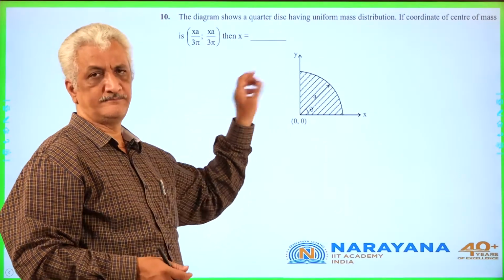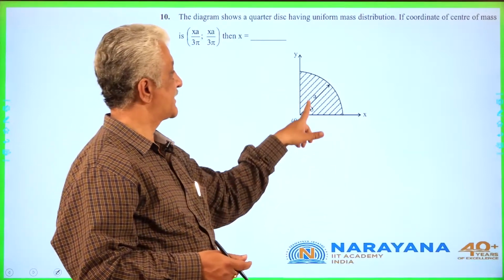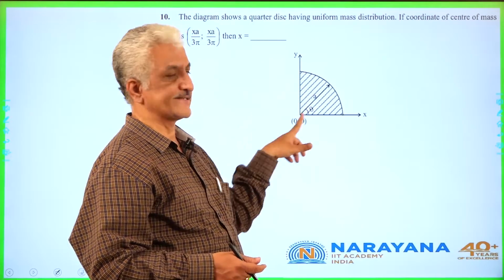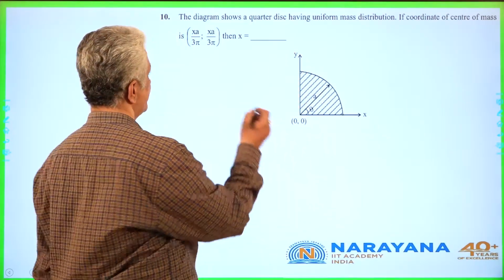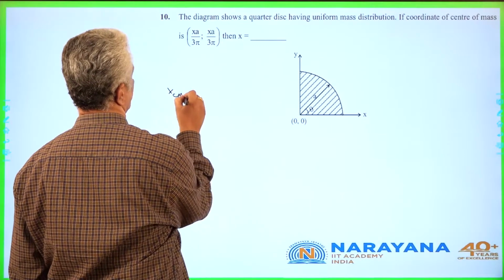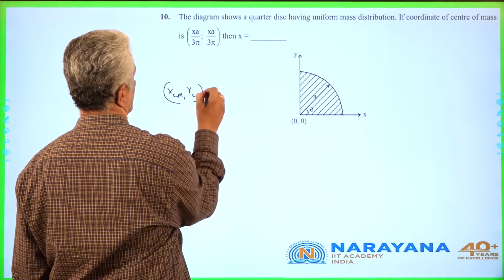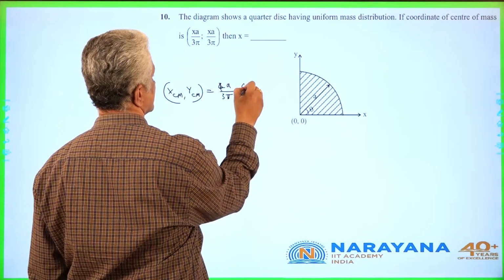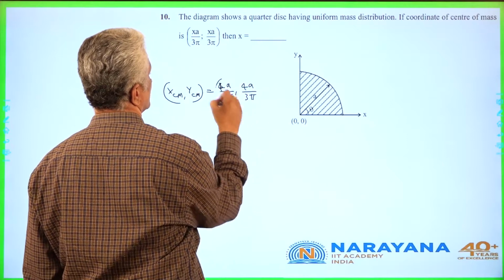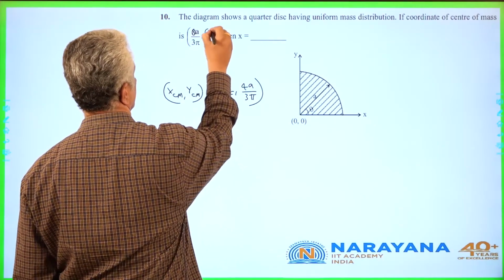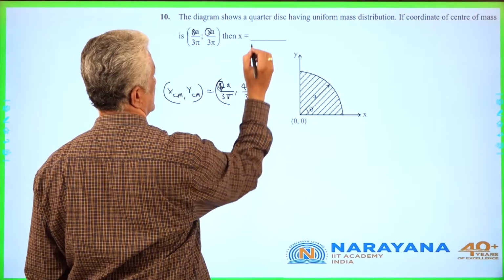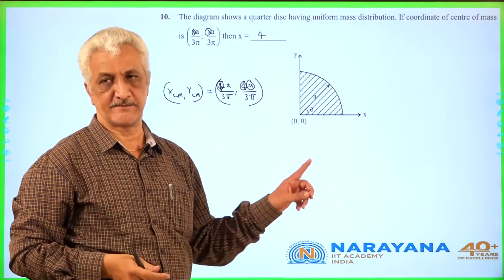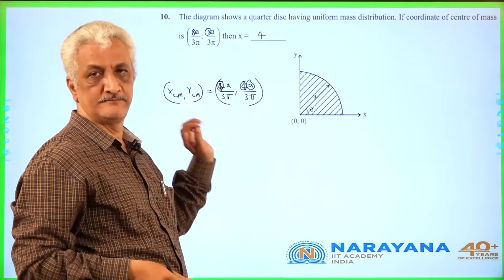10th one, it is again the integration method. If we consider one small element here, we can do integration. What we know in the case of a complete disk is the same as that. So the direct formula we can take here, that is XCM and YCM will be 4a by 3 pi, for both x and y axis. So whatever the value given as x here will be nothing but 4. The numerical value, the 4th answer is correct. That is number 10.